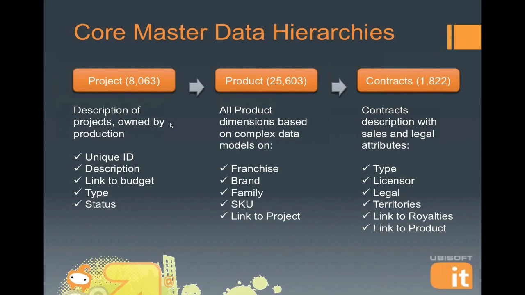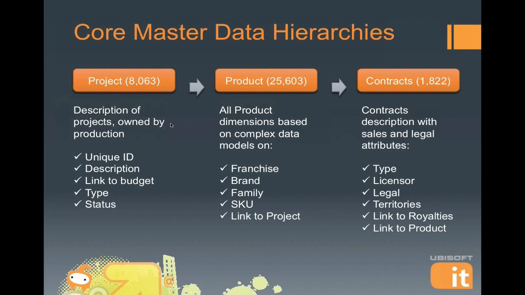So we chose project, product, and contracts as our initial areas, and certainly as we move through time and as we move through upgrading our product, we're looking at other areas that make sense as master data management as well. And my advice to you is that you attempt to start smaller with those things that are most important, and I think it will lead to more success for you as you implement your own programs.